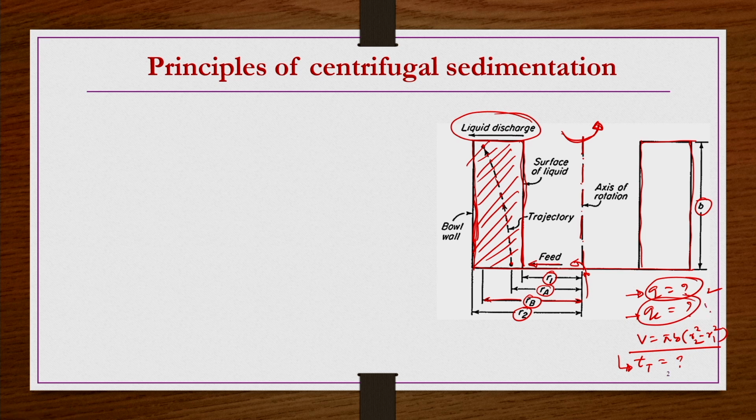So, finally, this is what we are going to do. We are going to find out a critical volumetric flow rate, right. If you maintain that, particles of a certain size or larger will definitely be separated, and particles of size smaller than that will be retained in the liquid. That is what we have to do: how much volumetric flow rate we have to provide in a given centrifugal bowl, so that particles of a specified size can be removed, and particles smaller than that specified size will be carried away in the liquid, so that we can get the performance, right.